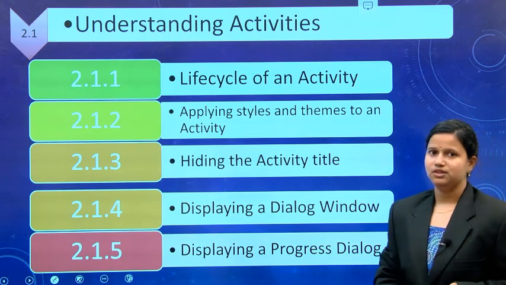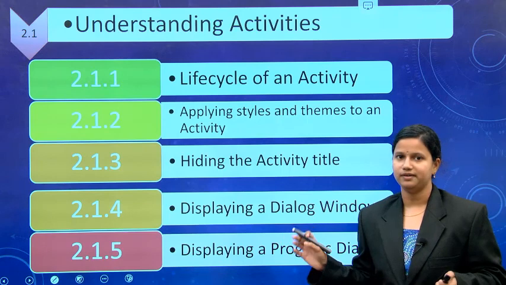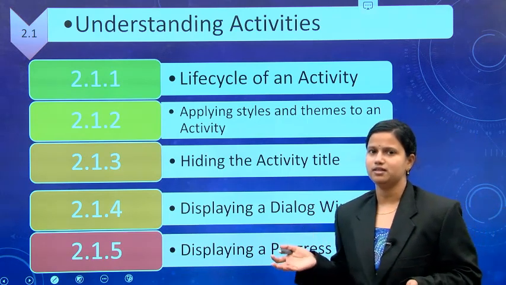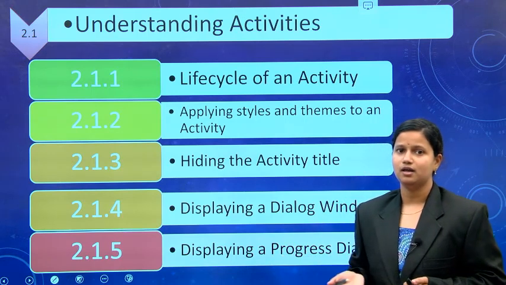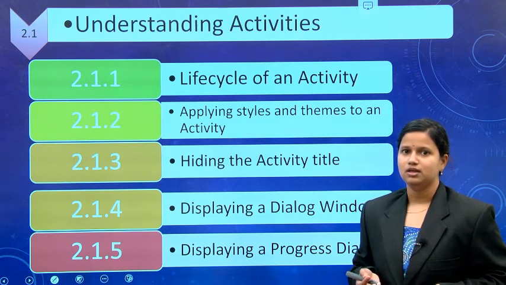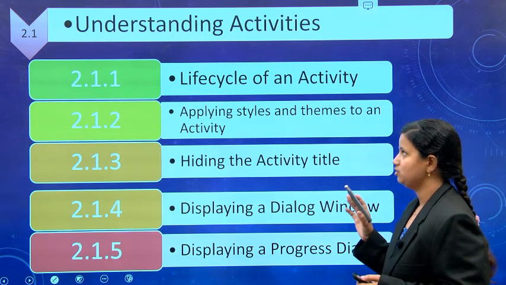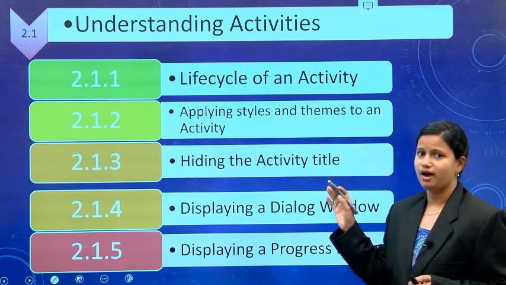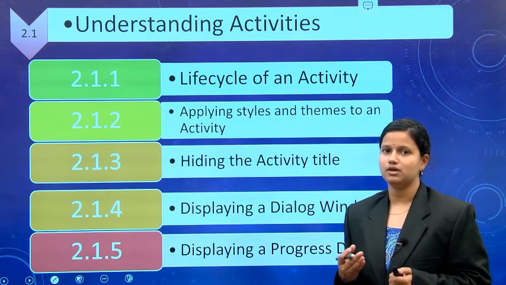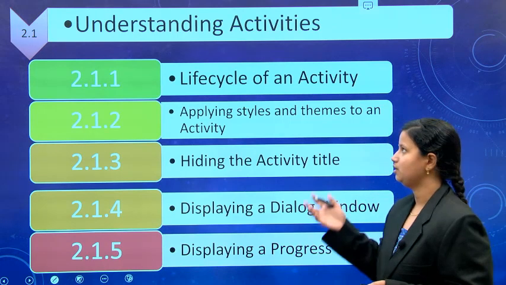Okay. So, with this topic, 2.1 is to be completed. What is 2.1? Understanding of activities. In which way do we have to understand activities? First of all, we have to know the activity definition. The window that contains a user interface of an application is called one activity. An application can contain more than one activity. The main purpose of using an activity is user interaction, or to collect the information from the user, or to gather the details from the user. We have to use the activity.